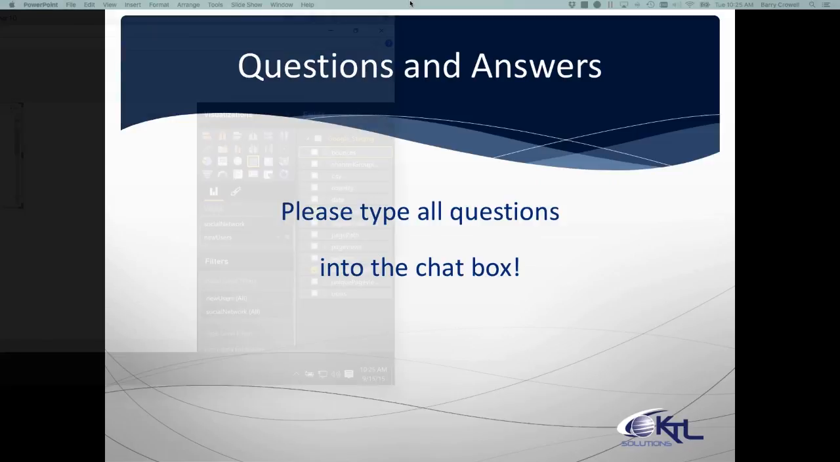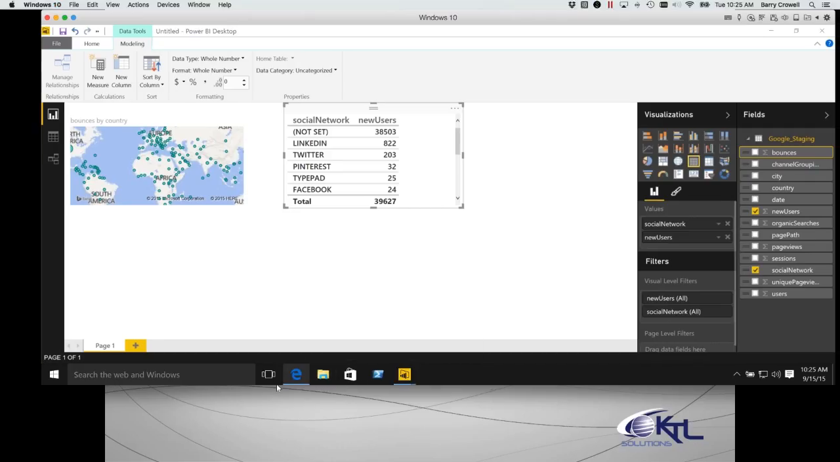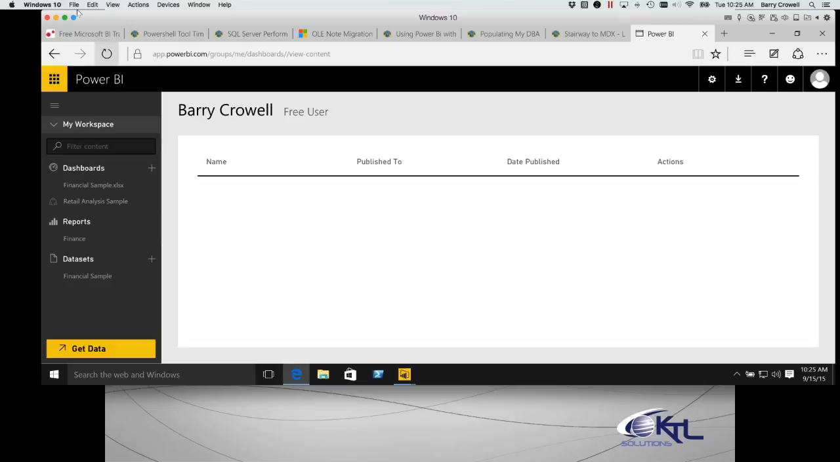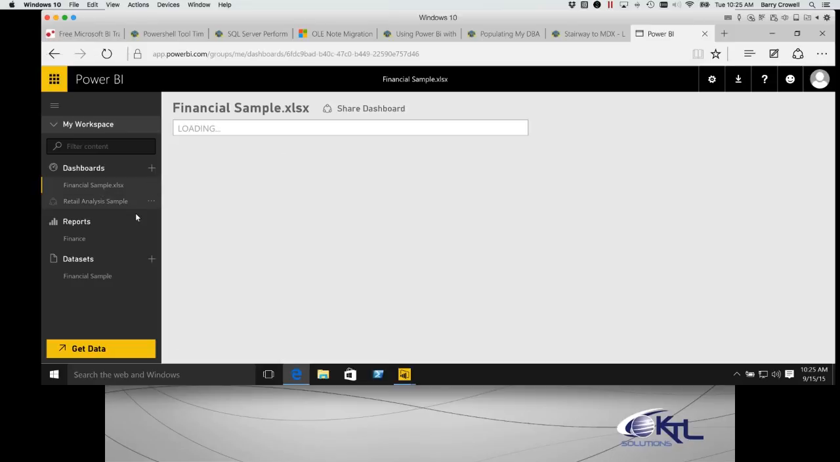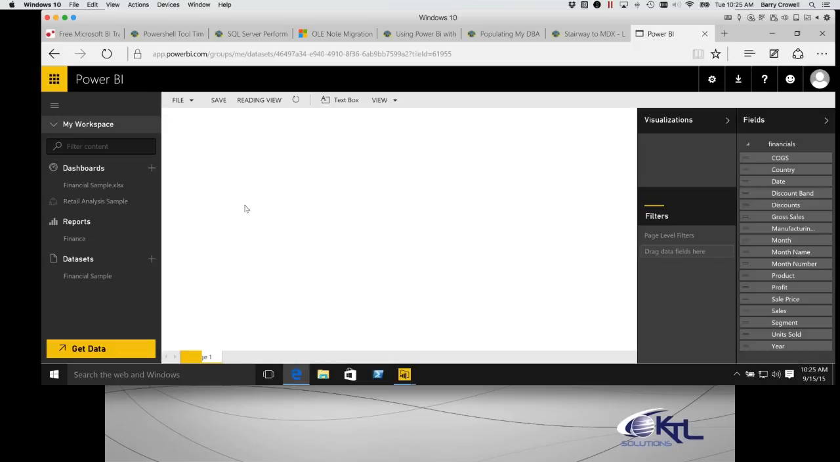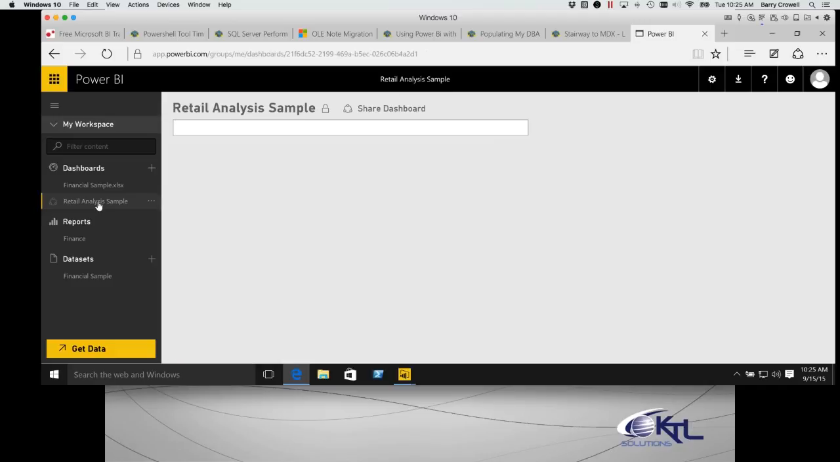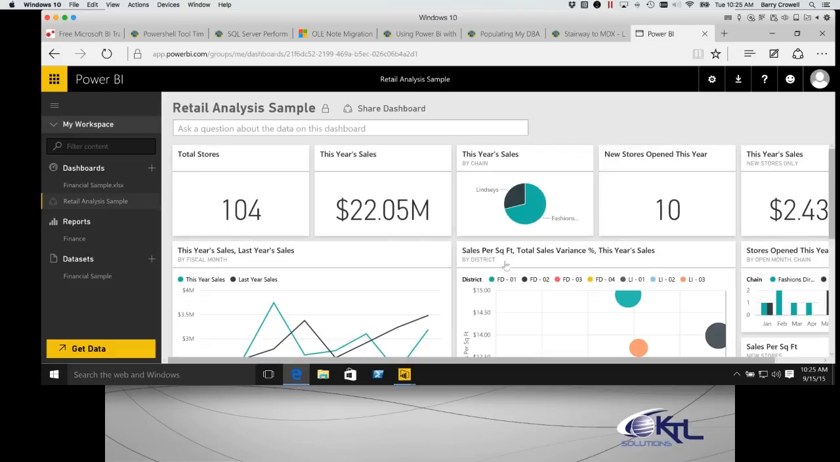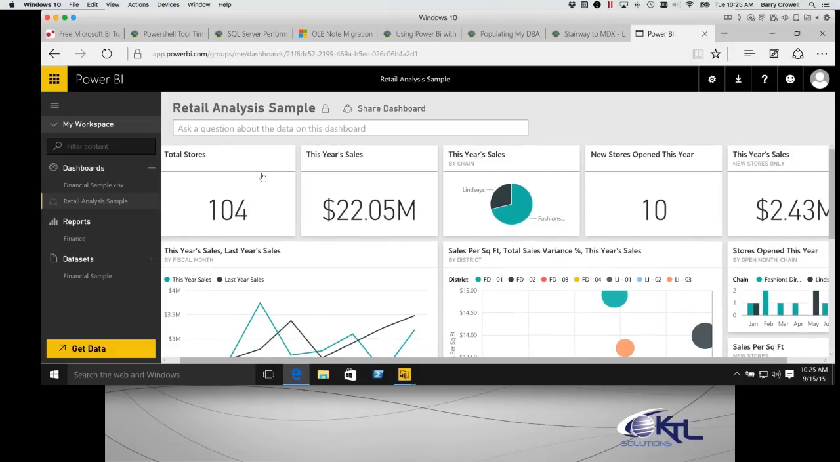And some of the reports are rendered differently. Like if I went back to the website here and looked at my financial sample dashboard, where before I would have all these tiles on one main page, it's going to put